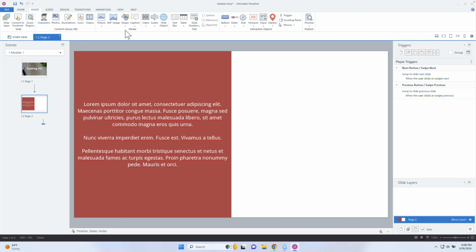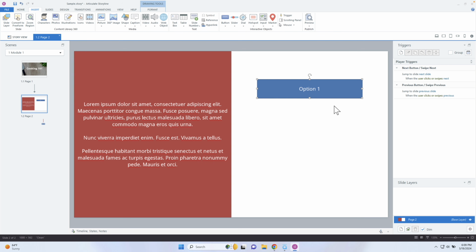But I'm going to come in here and insert something that the learner is going to interact with. Let's say I'm going to create a tab or some type of click here to explore more, or like maybe even a menu navigation or something. I could just come in here and say, let's call this tab 1, or let's just call this option 1. So tab is really like click and you'll see some more information. So if you've heard of tab interaction or anything like that, it's more of like multiple options to see additional text. So what I want to do, let's just do a simple navigation, but on any object or any image,